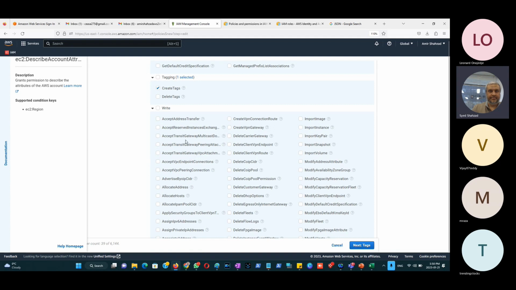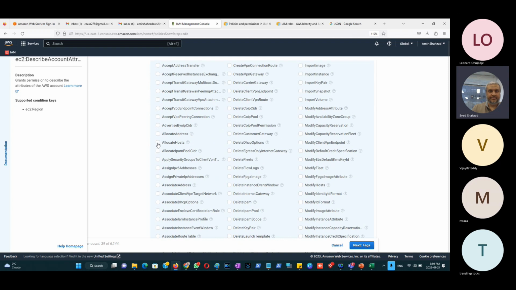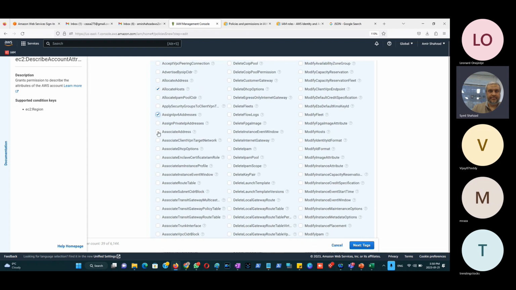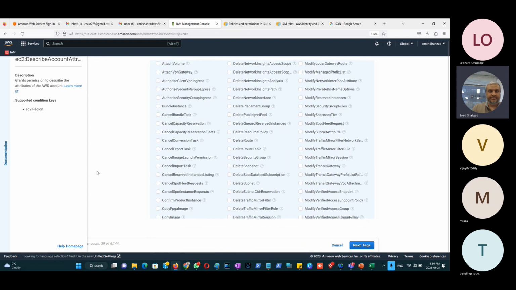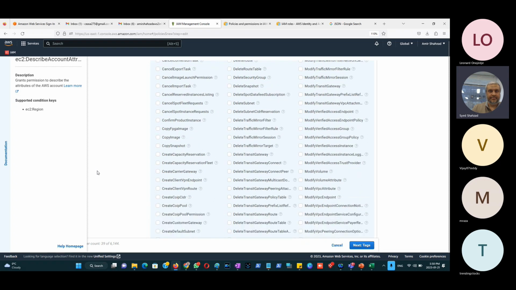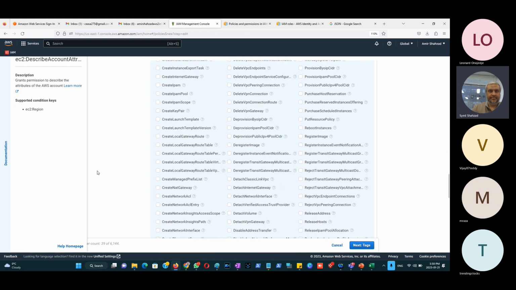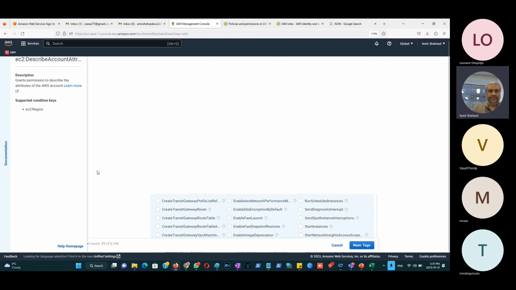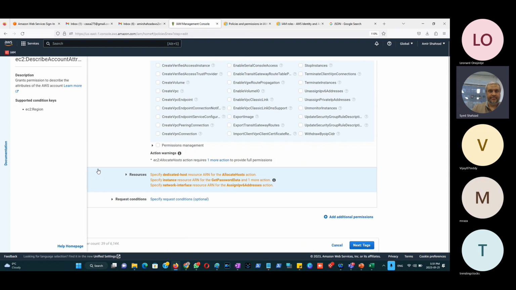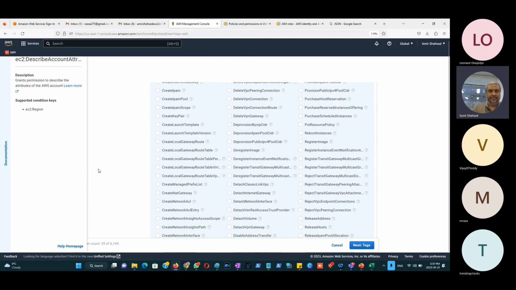So anyway, it is the writing which is the most sensitive. So what do you want? You want them to allocate hosts, assign IPv6, or anything else, a route table, you want to allocate that. So suppose you went through all the homework, discussed with your boss as well, and then went with a final decision. But you can see that it's a pretty huge list, and this shows how in depth the flexibility is with